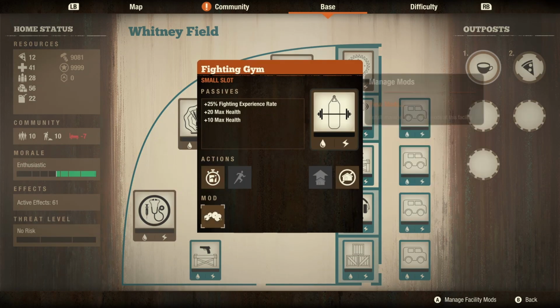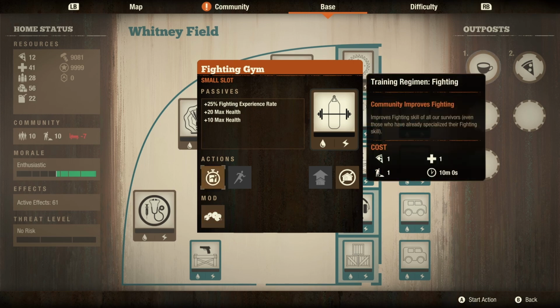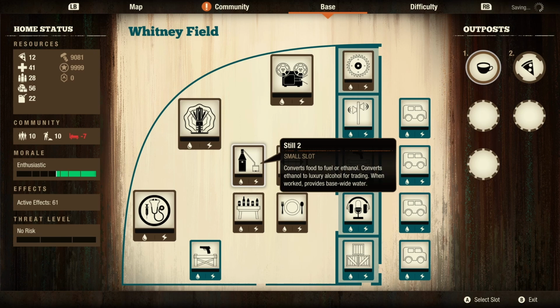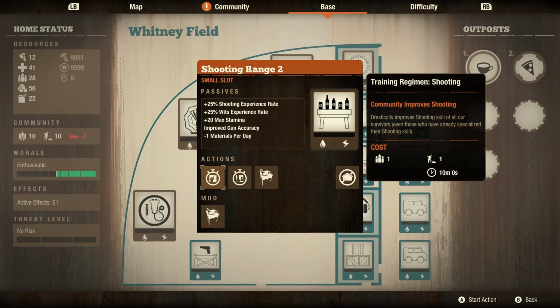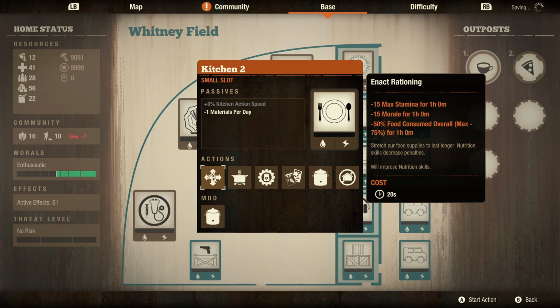The fighting gym, along with the mod, gives you +30 max health to the entire community. The shooting range gives you +20 max stamina to the entire community. And the cuisine. This is why we went for cuisine as well. In the kitchen,